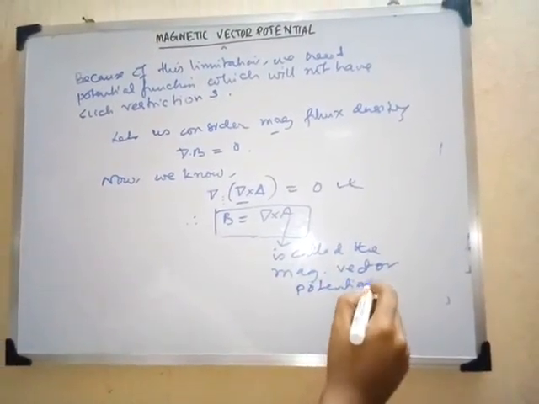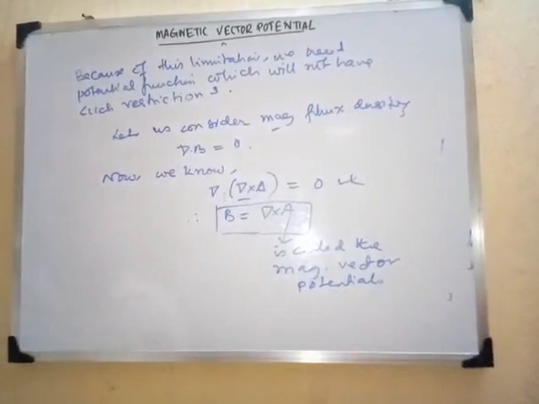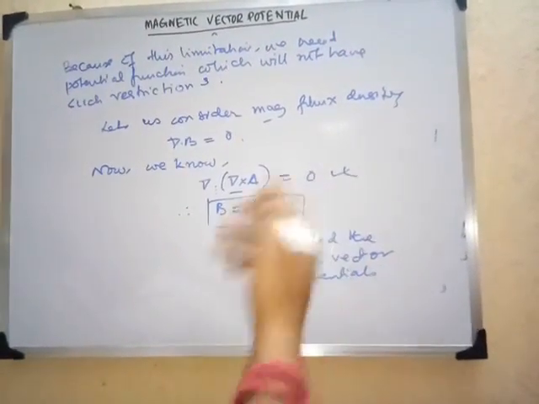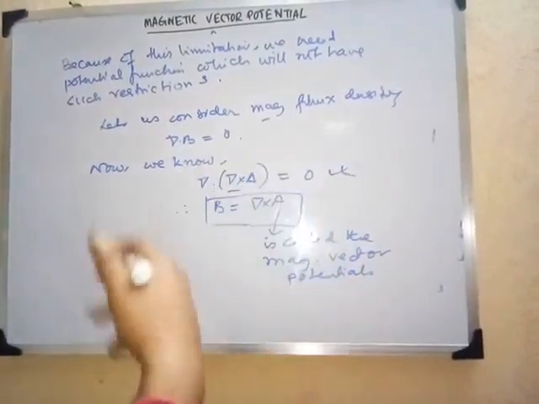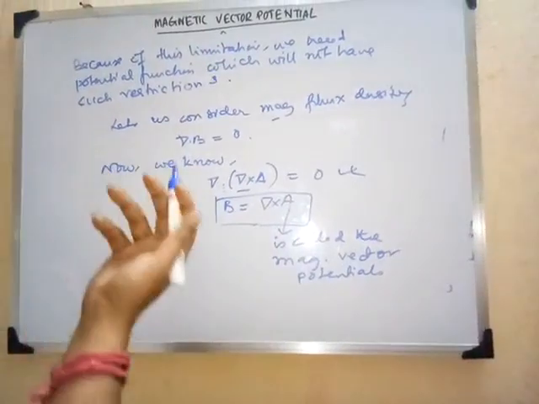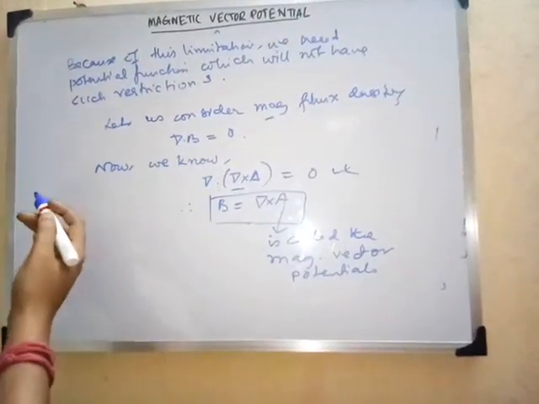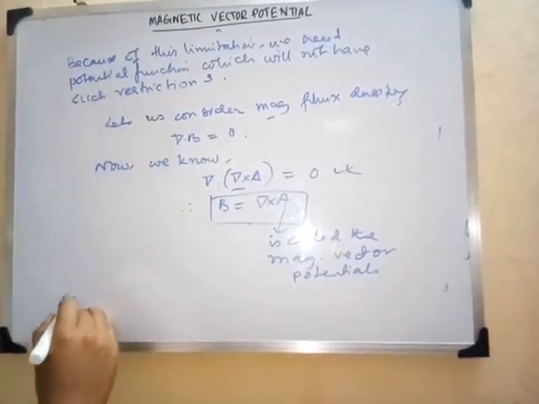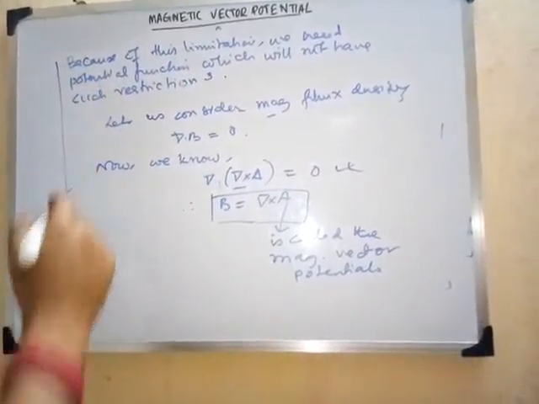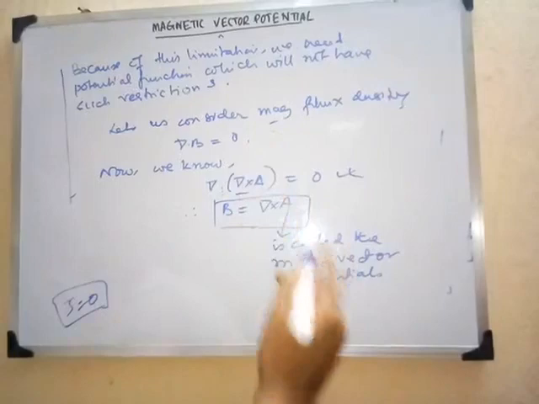Sometimes in examinations they ask to define vector potential. They give 3 marks for that. If they give 2 marks, you can start from here also. If it is 1 mark, it is better that you start from the previous line, from J equals to 0. From that portion you write, and then you write these things. But if they provide 3 marks, you have to write the whole thing.